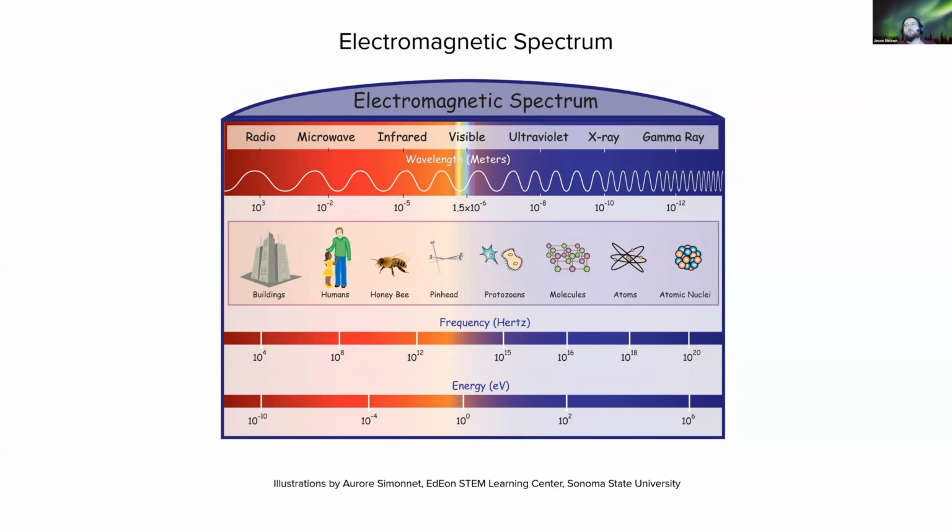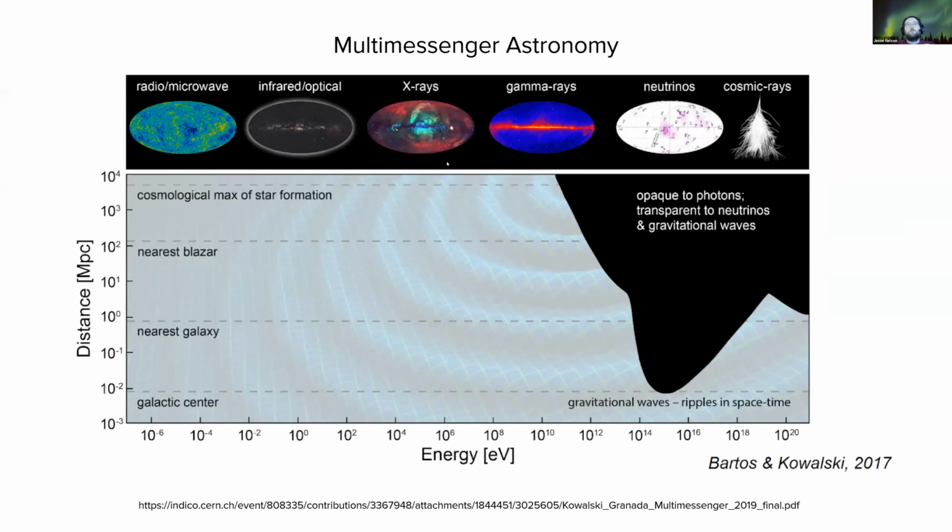But the visible portion of the electromagnetic spectrum is actually just a very narrow band of the full electromagnetic spectrum. We have less energetic forms of light like infrared, microwaves, radio waves, and more energetic forms of light, including ultraviolet rays, X-rays, and gamma rays. And like I said earlier, my activity is focusing on the gamma ray portion of the electromagnetic spectrum. And just to give a sense of scale, gamma rays can be in excess of millions of times more energetic than visible light waves.